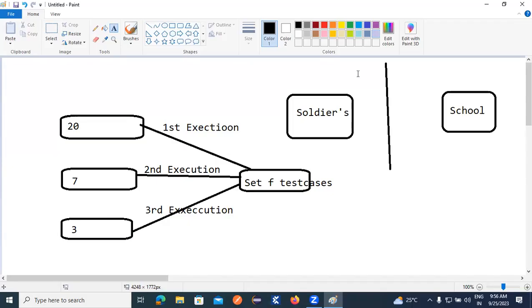The first one, sprint purpose. The second one, defect purpose. The third one, test cases purpose. Okay. And finally the fourth one,